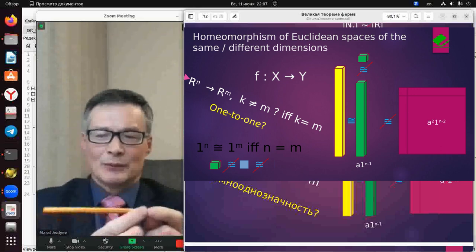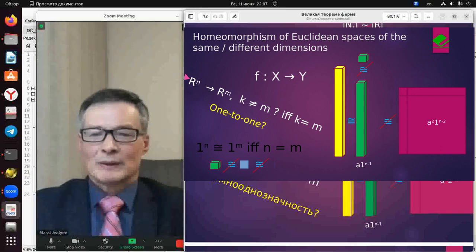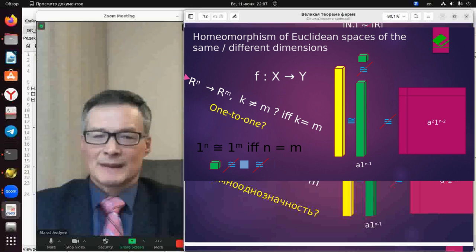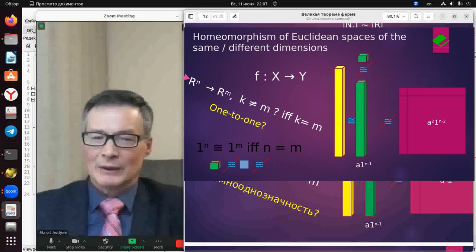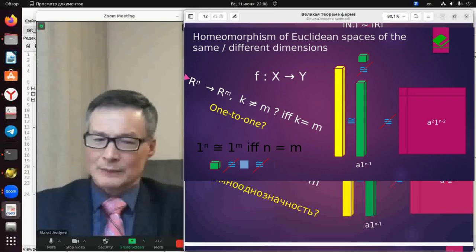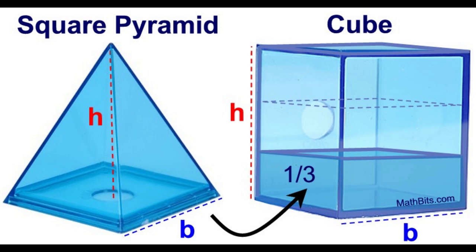For example, let's take a pencil. You can imagine a point source of light that illuminates it from above, and this pencil is mapped into a point, but you can't do the inverse transformation from a point back into a pencil, because the principle of mutual unambiguity is violated here. The antipode of mutual unambiguity is, for example, the operation of measure over sets or the volume of a figure.